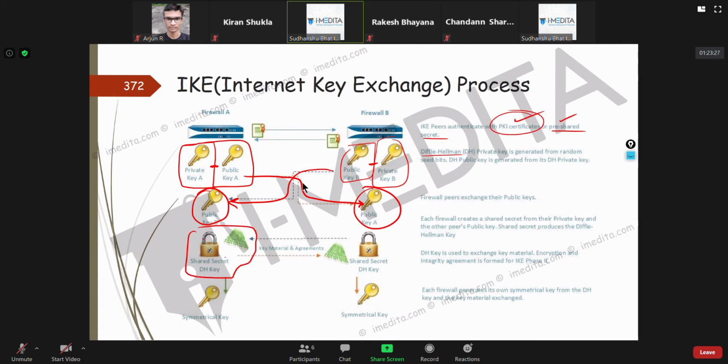It's not like it's always going to be the same. Once they generate the shared secret DH key, they exchange these, and this key is then used to encrypt the actual data.